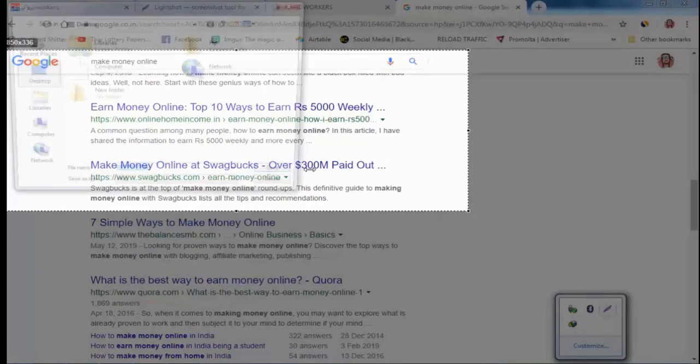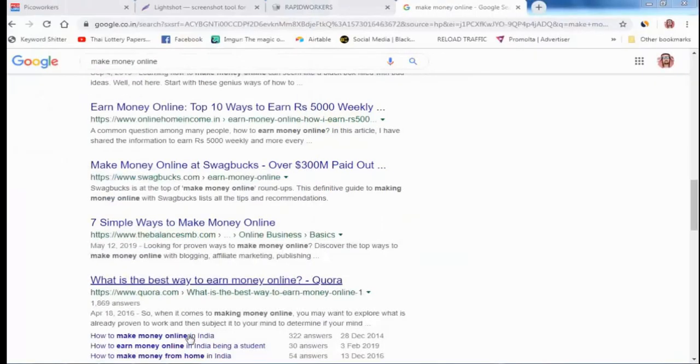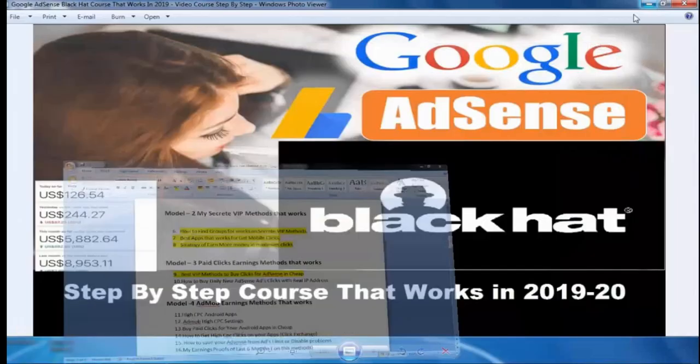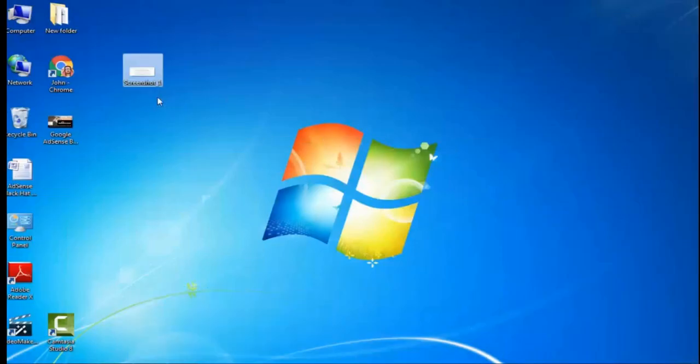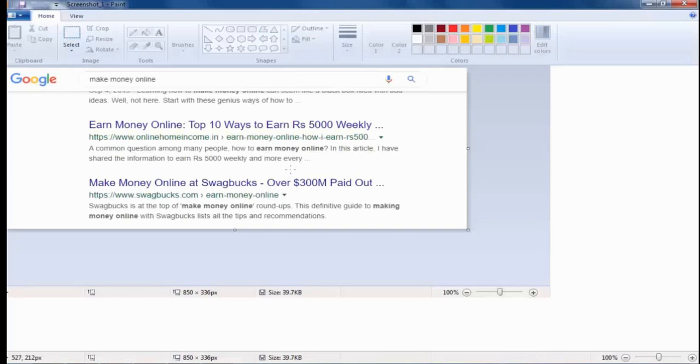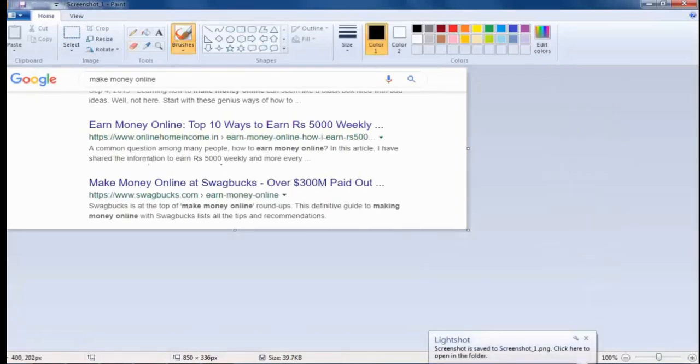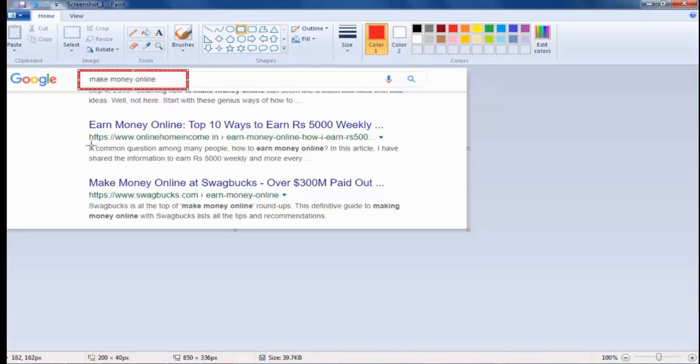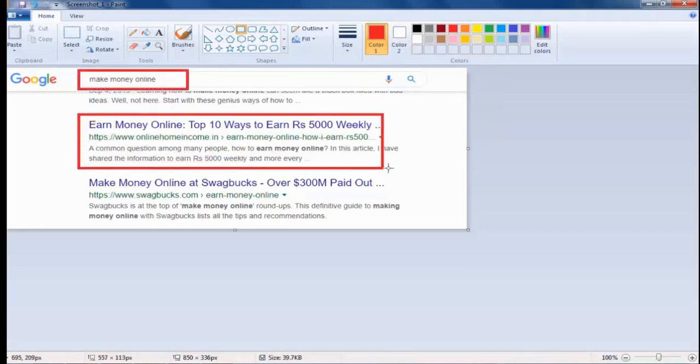Okay, I will save it on my desktop. After that, I will close all, and I open this screenshot in MS Paint. I will select this one, and here select red color and show this keyword, and you need to go to this website. Okay, this keyword you need to search and go to this website.